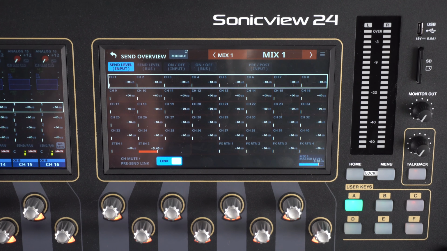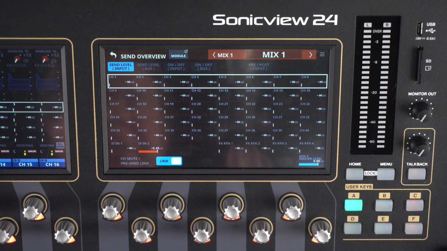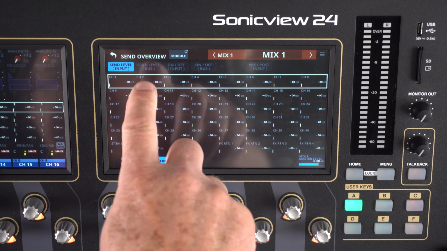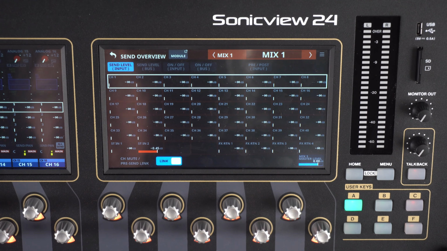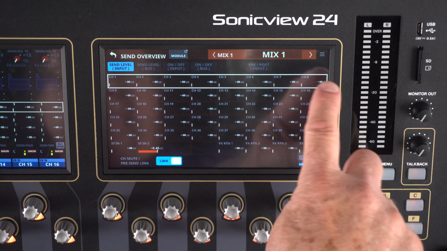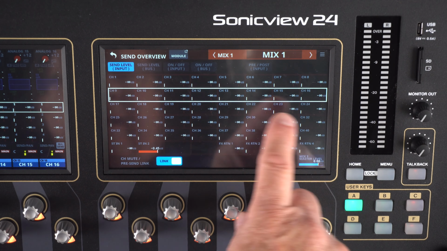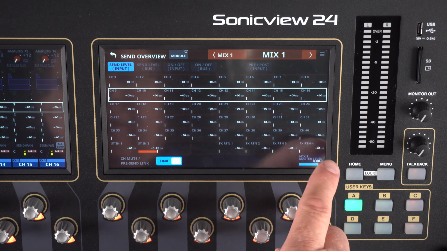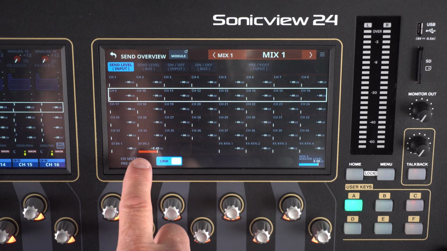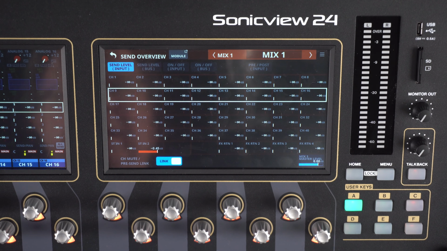This is a graphic representation of mix 1. Again, there are many mixes that you can set up. This is specific to mix 1. And this is the send input level of our channels that are going to go to mix 1. Right now, you see the white box up here is 1 through 8, and I can choose 9 through 16, all the way through channels 40 through 44, which are the stereo N1 and stereo N2. So everything is here at your fingertip, at your touch, and at your view.